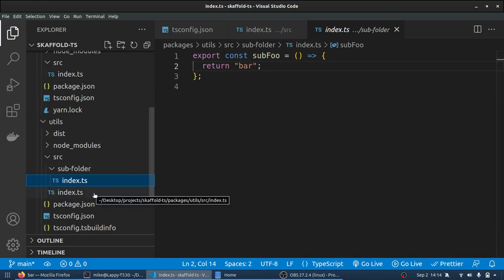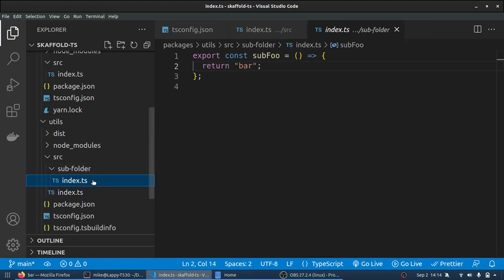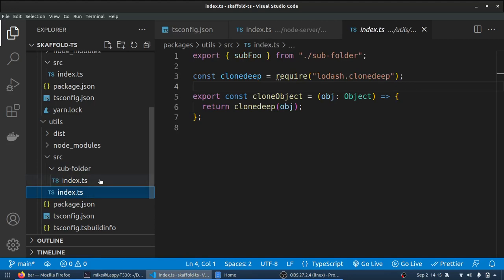In order for us to import this from other projects, for example, our Node server or our client, we have to export it from this index. So what I did here is I wrote export subfoo from, and then the path to where that function was originally being exported. So you would have to name all of your nested functions in here, which might be a little bit annoying, but